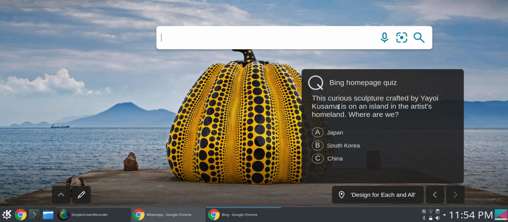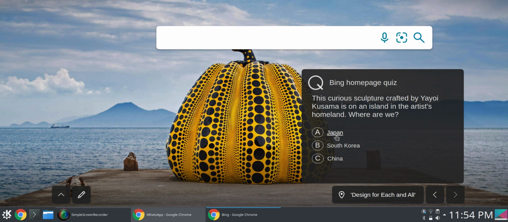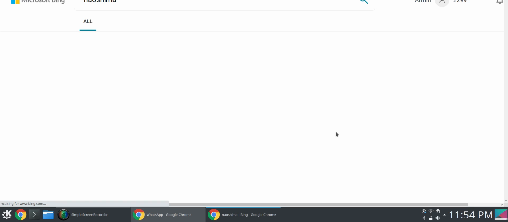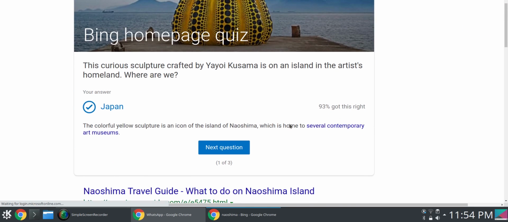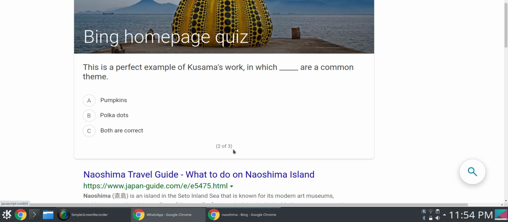And if you just know what Japanese names sound like and what South Korean names sound like and what Chinese names sound like, then you know the answer is Japan, most likely. And it is. I already passed this test. So, bam, it's an art question, but if you know linguistics, East Asian linguistics,